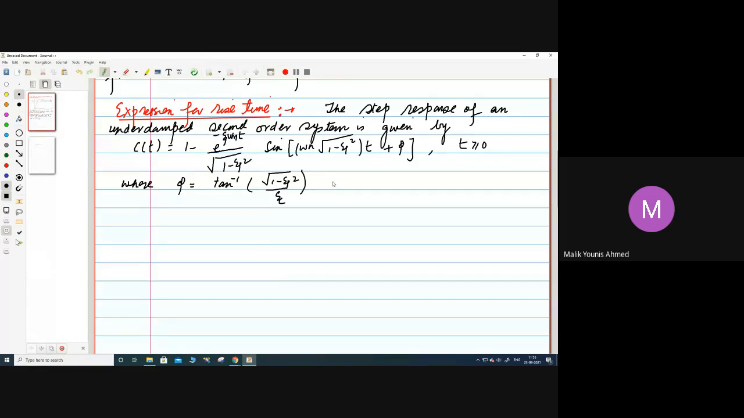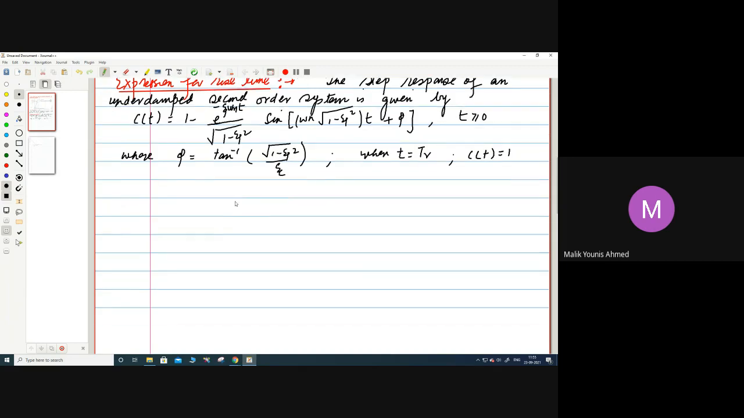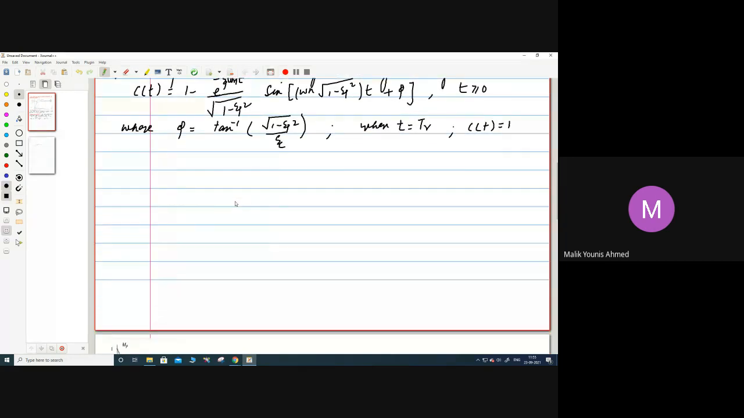Now let's say when t is equal to capital TR, that means we are talking about the rise time, so it is denoted by TR here. When t is equivalent to TR, the time domain response will be 1, which we have already seen yesterday. Hence, what we are going to write